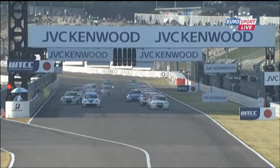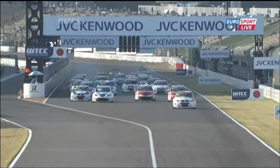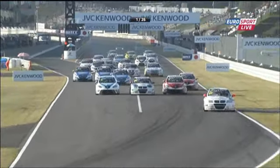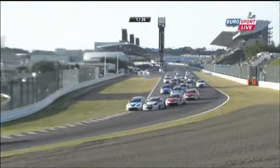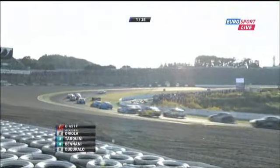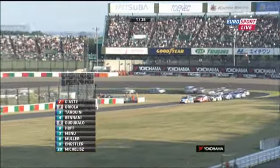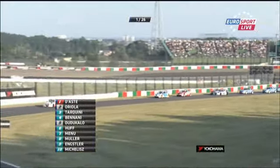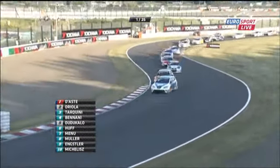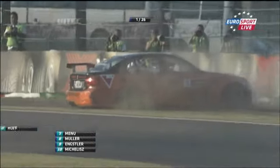Away they go, let's see who makes a good start. There comes Coronel. And it is D'Aste who will lead to the first corner. Oriola tries to cut him. In fact, it's Bernani who comes through. Bernani is going to go second, is he? Oriola's on the inside on the curbs. Oriola's going to run out wide, so will Bernani. Coronel and Dudicalo looking to go through in the 2 red and white cars. It is Oriola who's second. It's Dudicalo. No, it's Tarquini who is third, not Coronel and Dudicalo, Tarquini and Dudicalo, Tarquini up to third, and